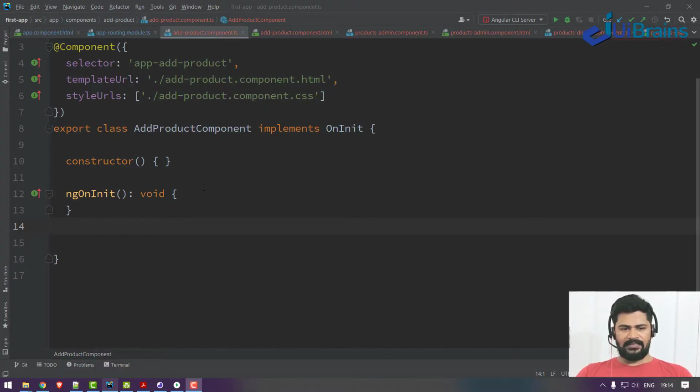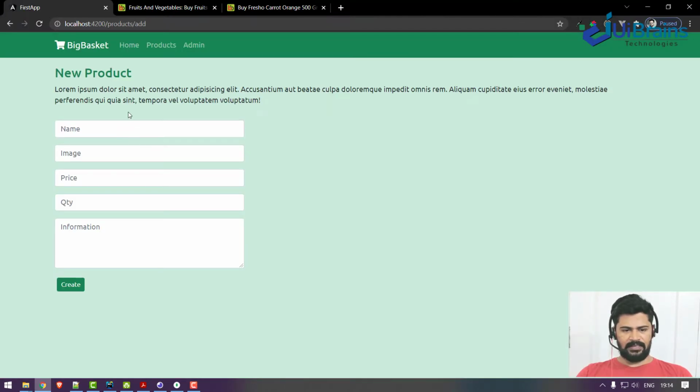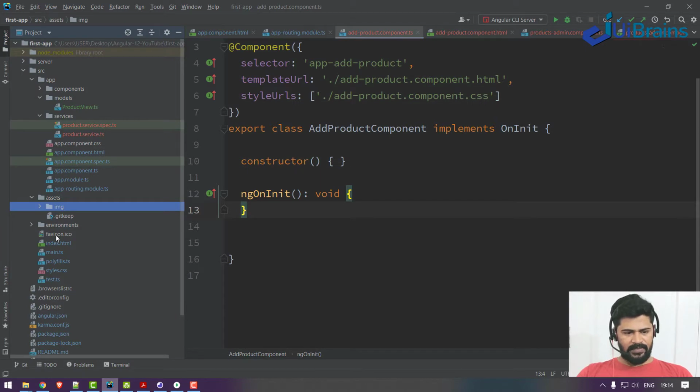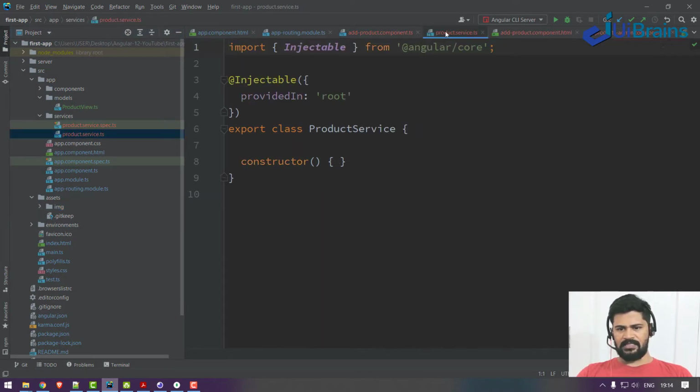Hello and welcome back. So what we have to do is make the two-way data binding. Before I make two-way binding, can we focus on service? Because once the service is ready, we can directly call it once we are done with this, right? So why don't we focus on the service part? Back to the services. Yes, the service is empty.